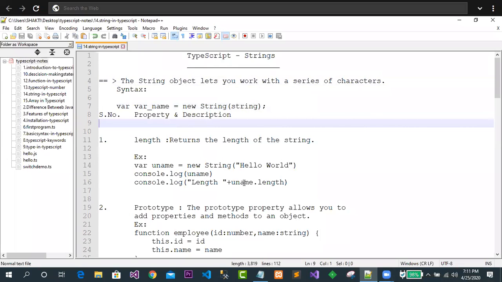In the last class also we were discussing the number class. In here we will try to understand the string class, how exactly it is working. This is the variable name, and this is the new keyword, and this String you can see over here, the S is capital, and whatever string you are passing becomes an object of the string class. So in this case a length property is there. Just look at the length property. How will I use the length property? By the object reference. How can I go for that? Just see.